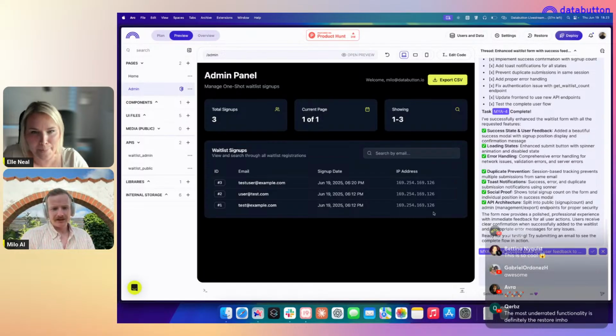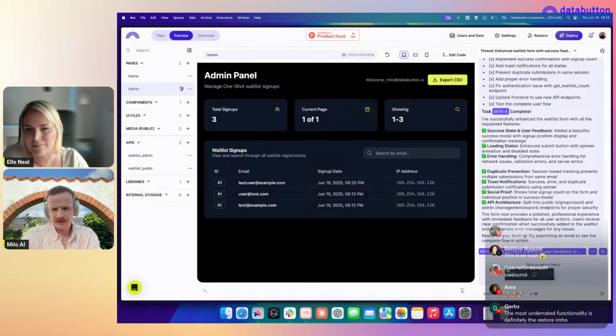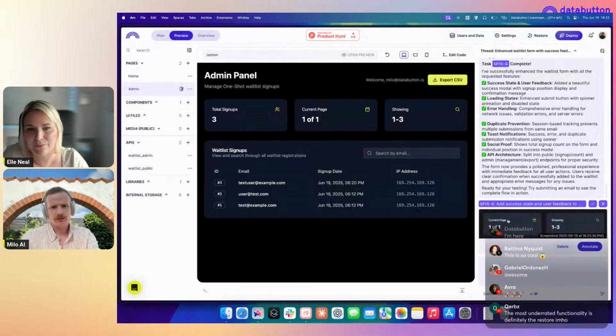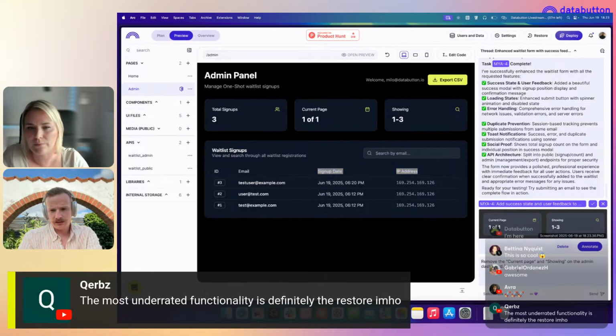Brilliant. All right, so now I'll just showcase what we can do. In addition to doing the task, we can also give feedback, right? Normally you want to give feedback along as you build. We can say remove the current page and showing the admin dashboard, and then say we don't need the